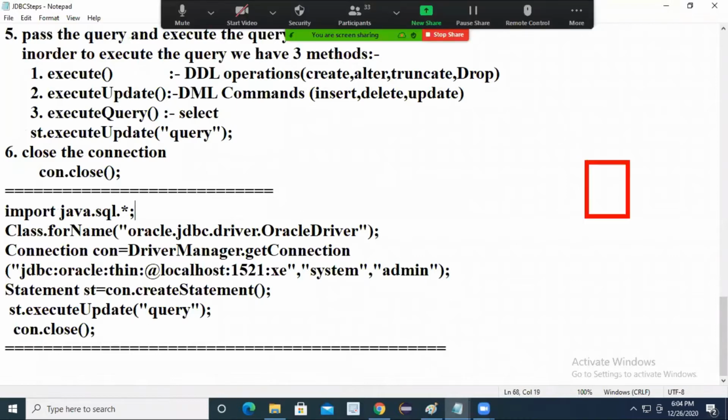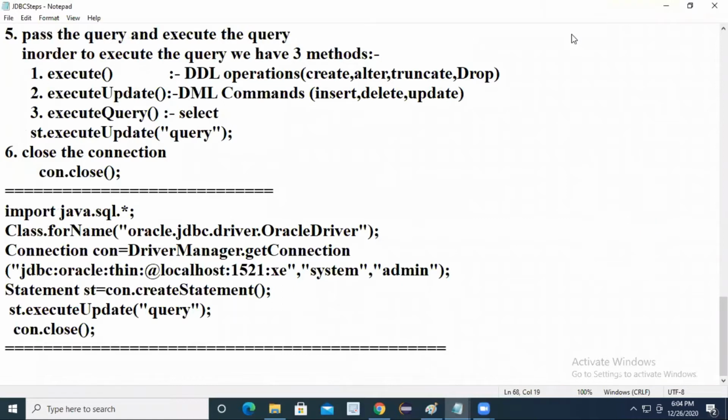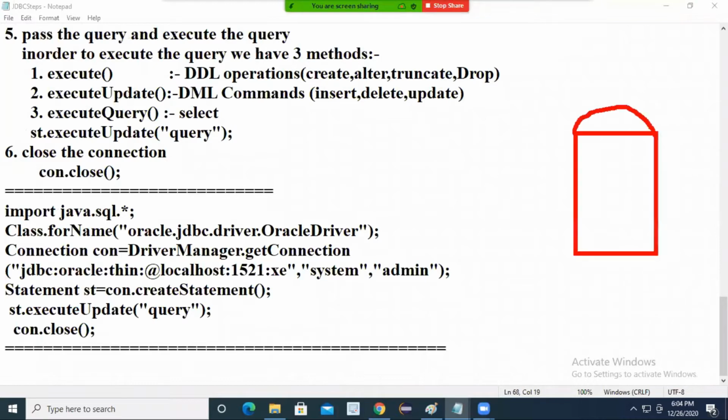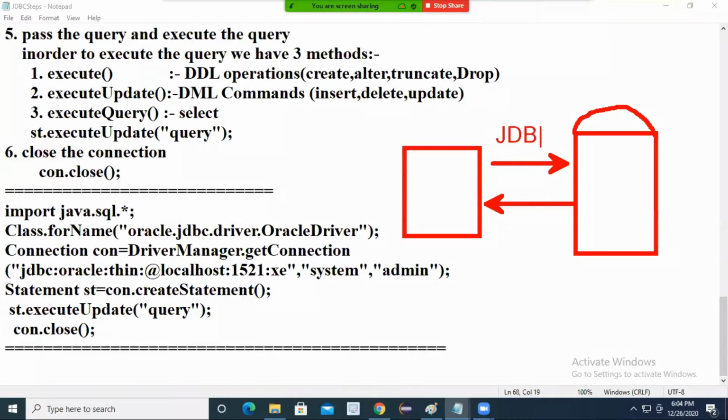So mostly we already know JDBC. Can you hear my voice, everyone? Our main target is whenever we work with JDBC. JDBC is an API which is used to communicate with the database. If your Java application wants to interact with a database, we can use JDBC. Your Java application may be developed either by using core Java, advanced Java or Spring, whatever it may be, you can use JDBC. Is it clear? It is used to interact with databases.